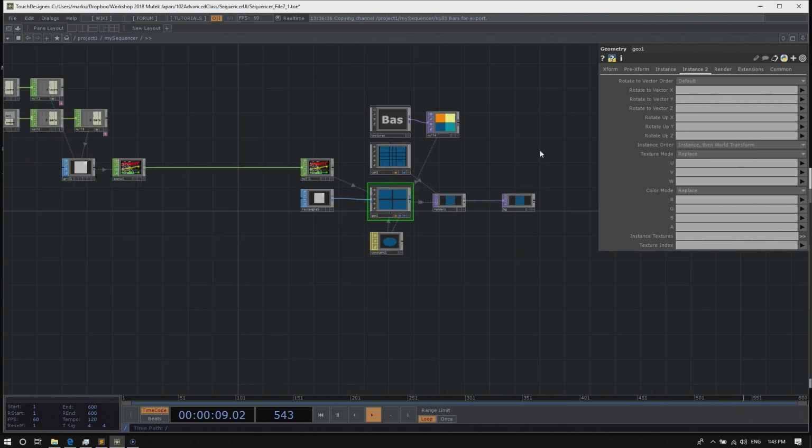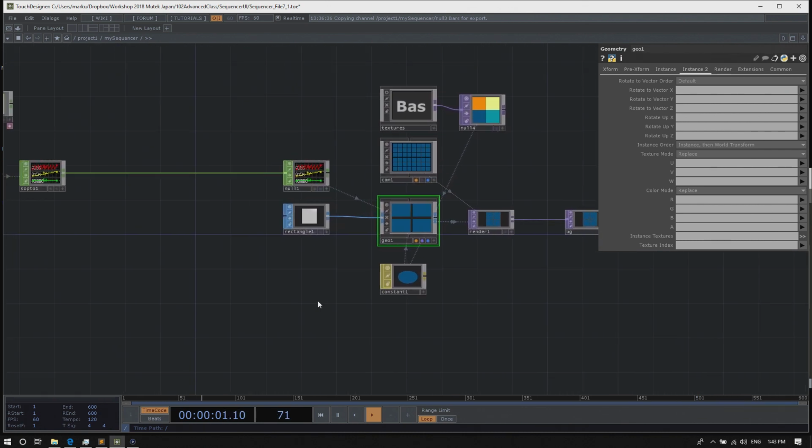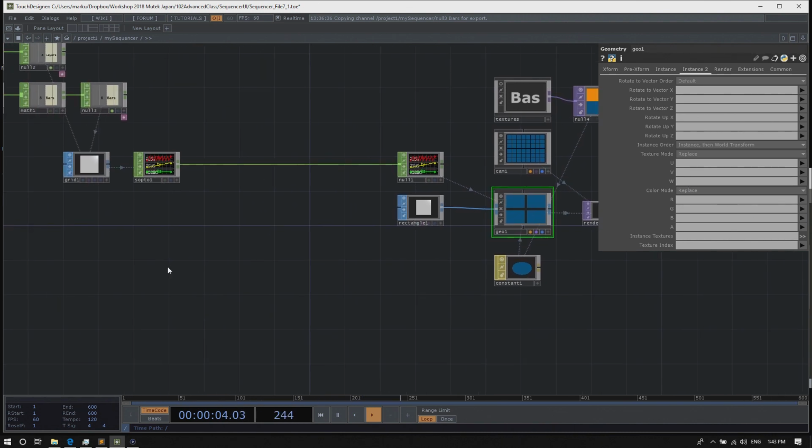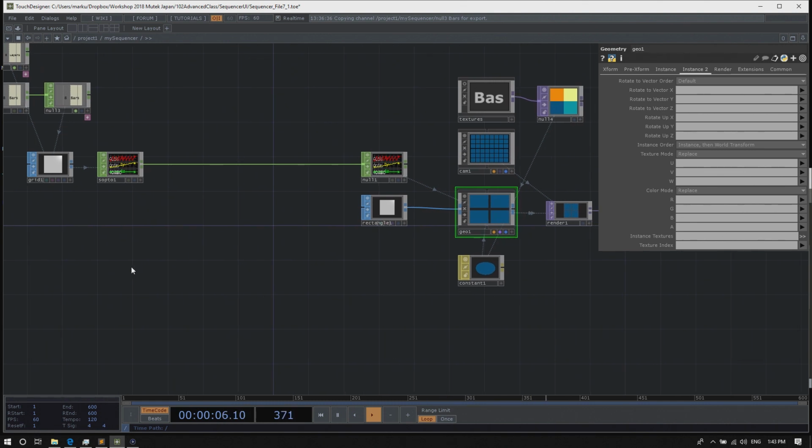So we'll need another channel that selects the texture.